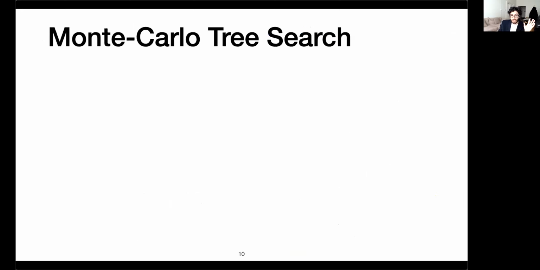So next, we're going to plug this notion of reward metric, this tree weight, into a search scheme. The search scheme is going to be based on Monte Carlo tree search. That's why there are lots of trees in the talk. So Monte Carlo here is referring to the typical Monte Carlo simulation approach. And tree search refers to